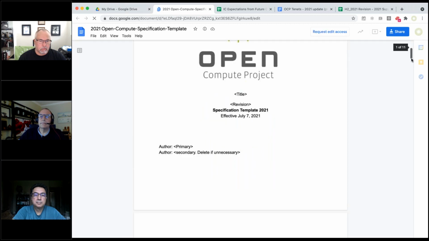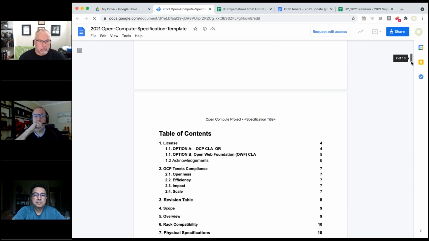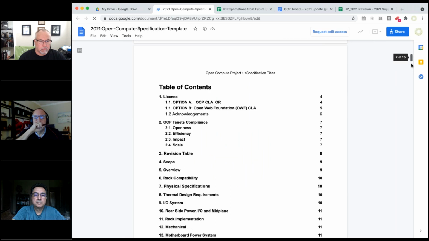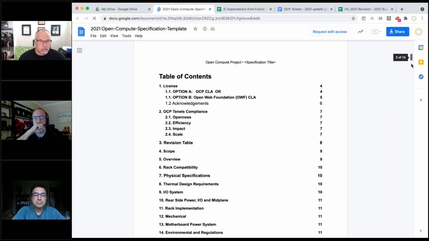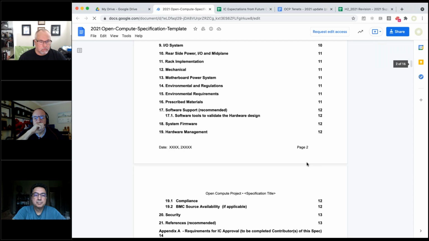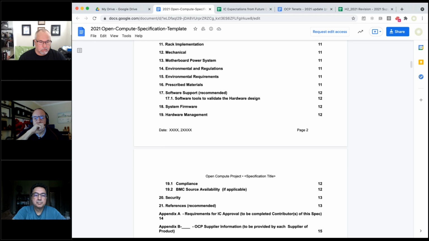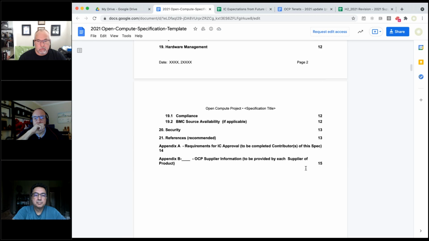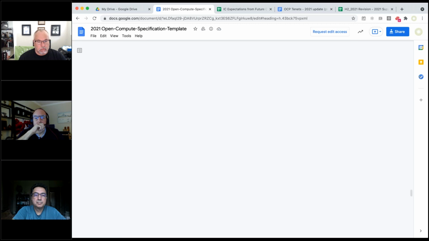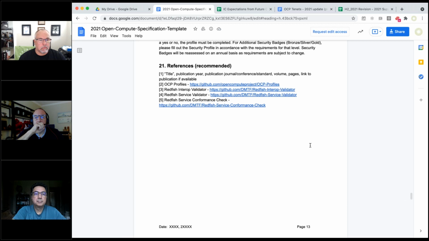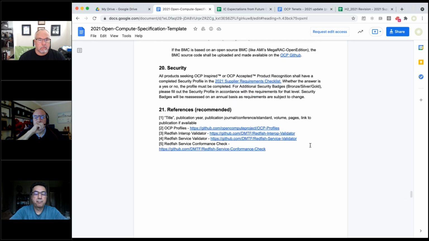Yeah, if you go to the spec template right now that is online, the tenets were included. And if you go to sections 18, 19, 20, I believe, Bill, this is the system firmware, the hardware management, the security requirements. And I believe 18 or 19 already had the BMC included in it. It basically said it had to conform to this spreadsheet, or this checklist.